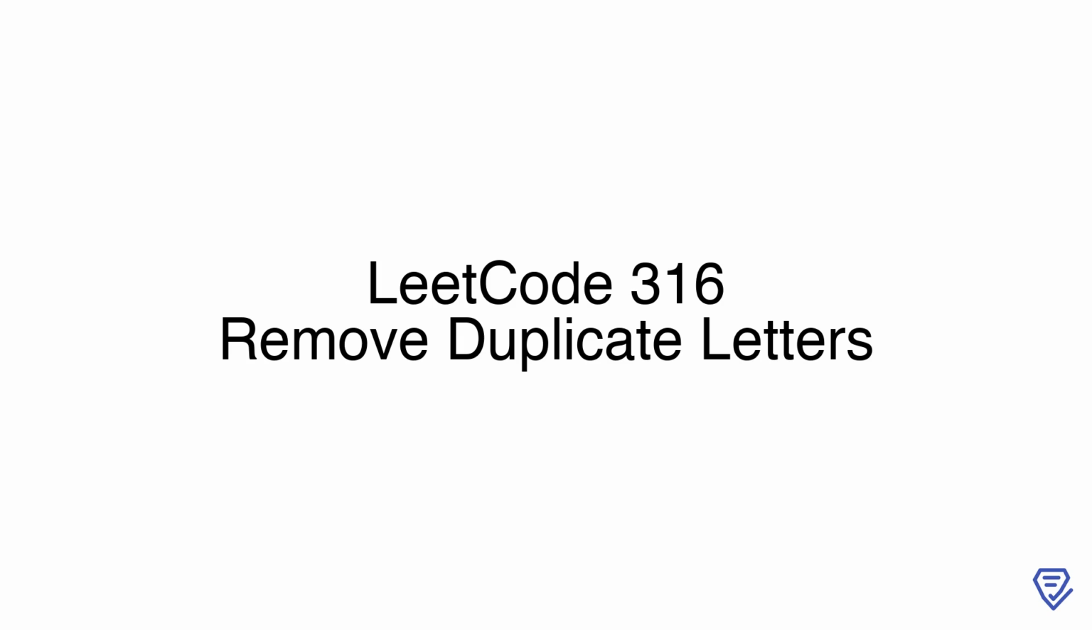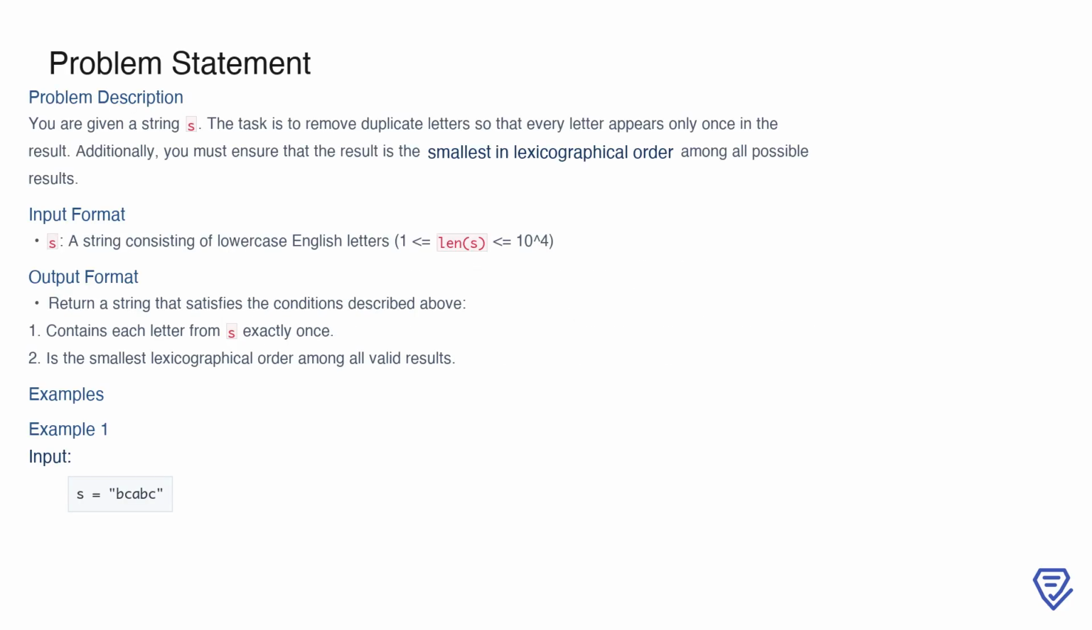Welcome to this problem walkthrough. Today, we'll dive into problem number 316, titled Remove Duplicate Letters. In this problem, we'll explore how to construct the smallest lexicographical string by removing duplicate characters, ensuring each appears exactly once. Let's get started. In this problem, you are given a string S composed of lowercase English letters, and your